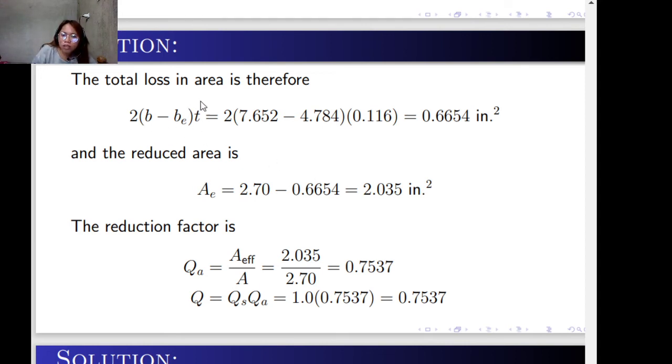This is the loss, no? This is the loss area, total loss area. So, first, the total loss in the area. So, 2 times the